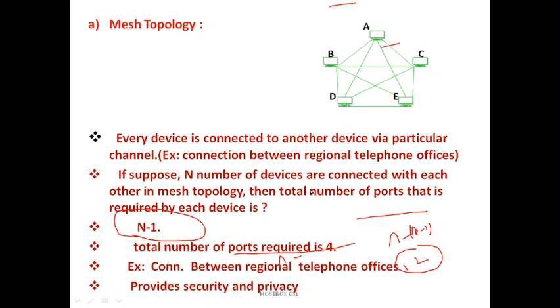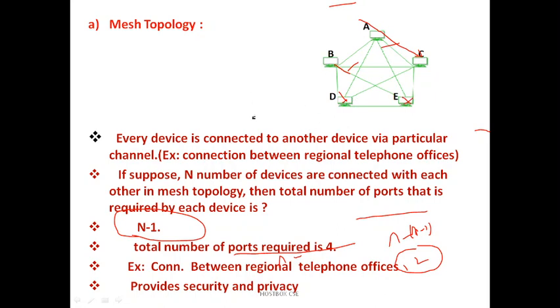What is the advantage, or why do we prefer this mesh topology? Suppose system A wants to connect with C; they can communicate easily. And whenever both are communicating, the information exchanged between them should not be known by B, D, E. They cannot hear what information is passed, whether they transfer a document between A and C or send a mail. So this is one of the advantages.